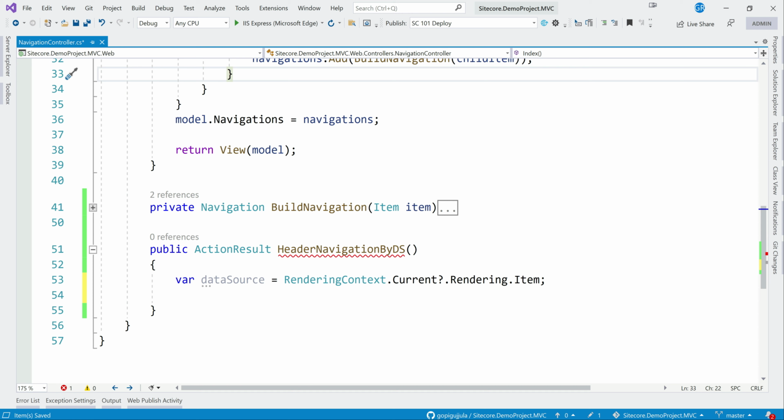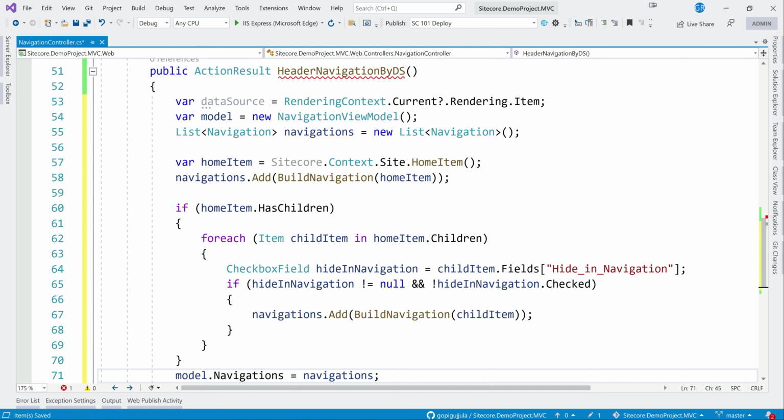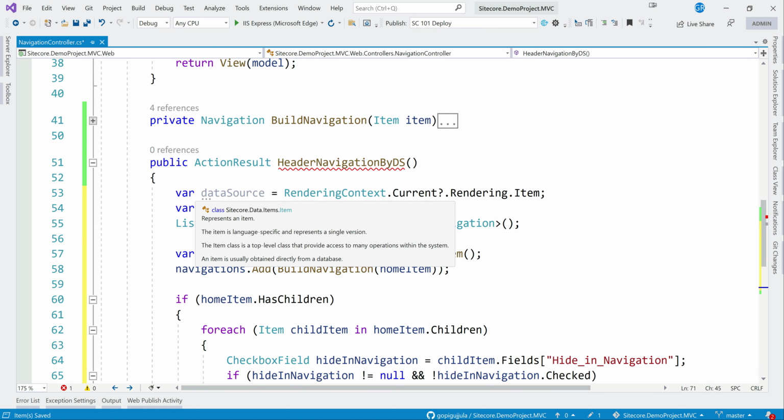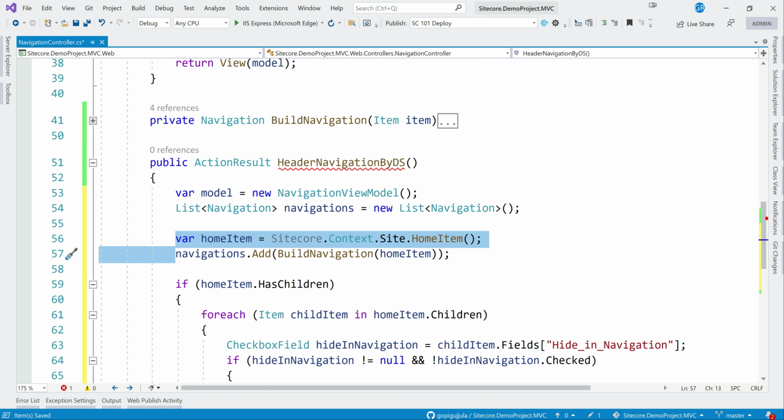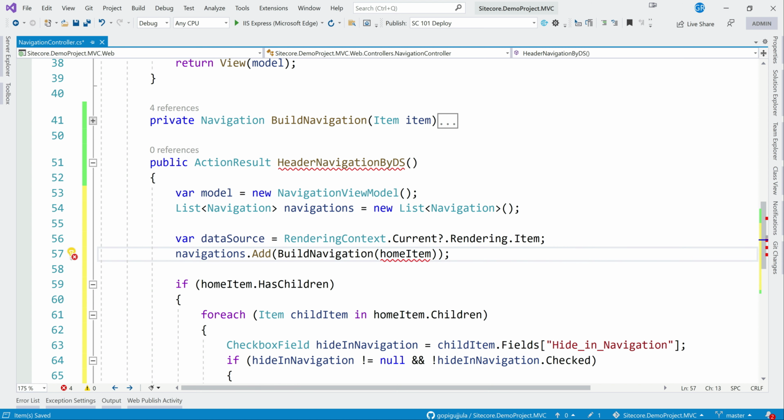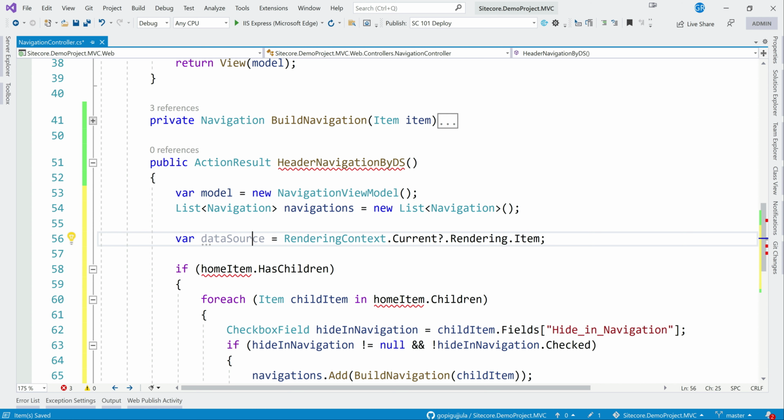Okay, and data source navigations. As this is a data source, it does not require any navigation.